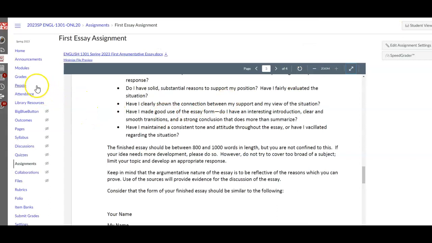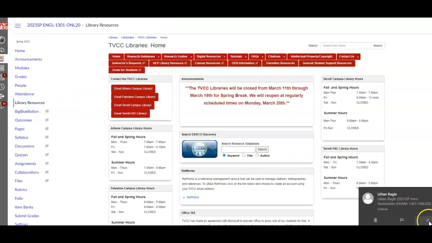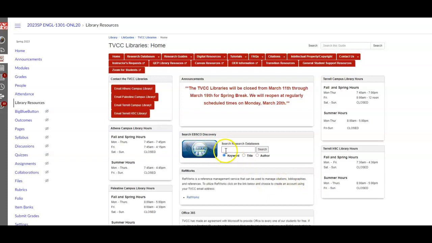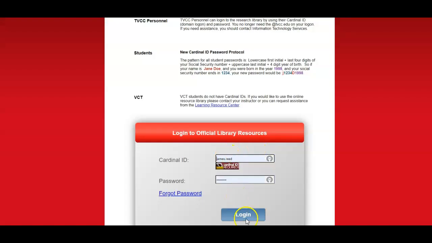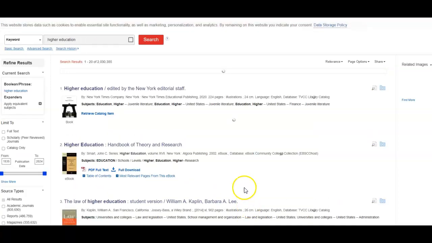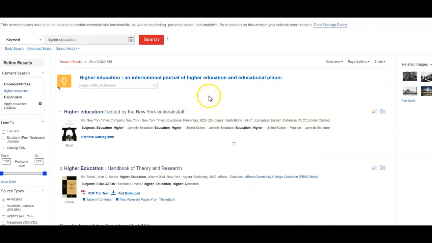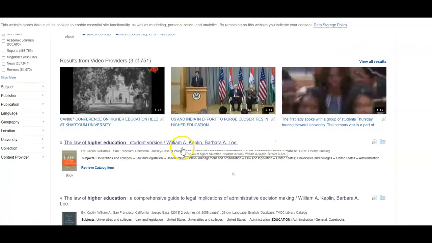To give you an idea of where you can find some of the information, if you look over here at our library resources, this will give you a sense of the kind of credible sources you can use. You can start with EBSCO here, and if you just type in higher education and do search, you'll be asked to log in, same as you would if you're entering Canvas, and once you're in, it will take you to what it has found about it, and you'll see that you have a number of journals and details here to look at,